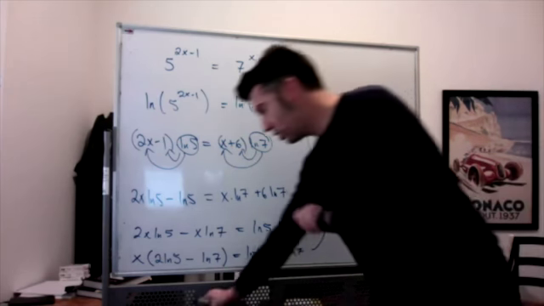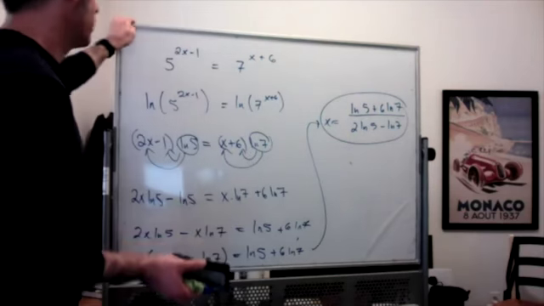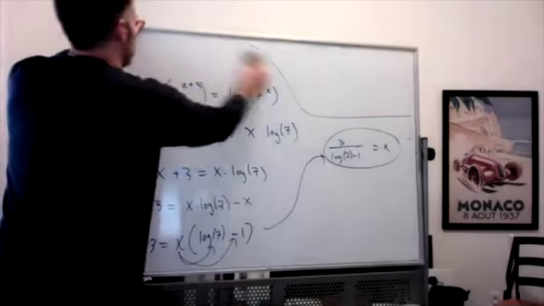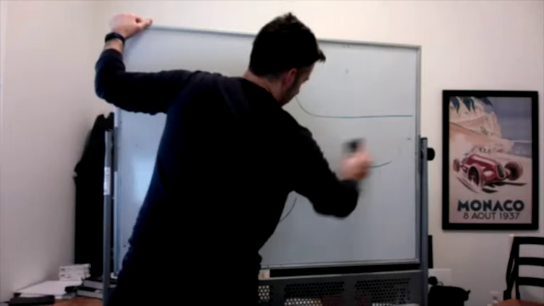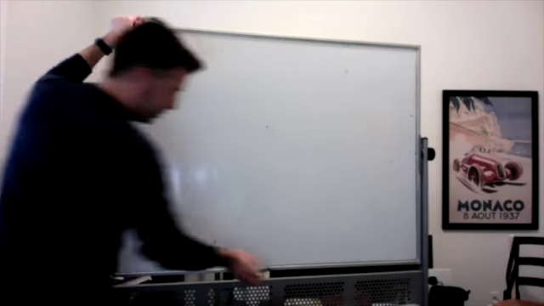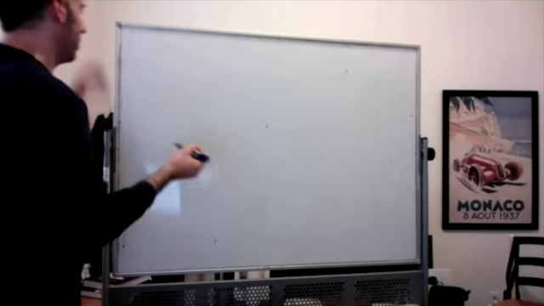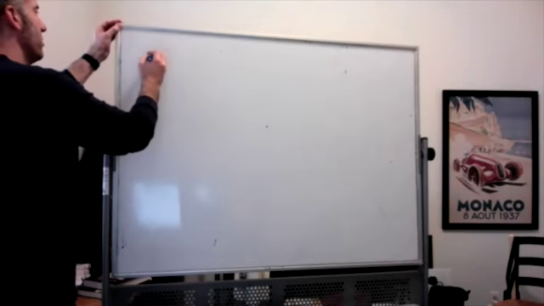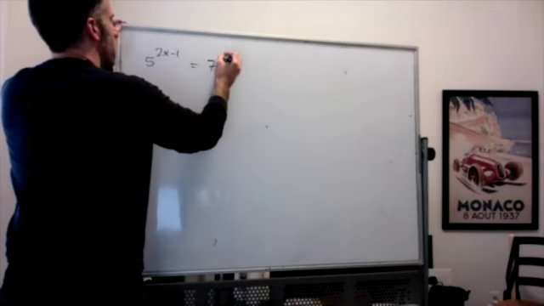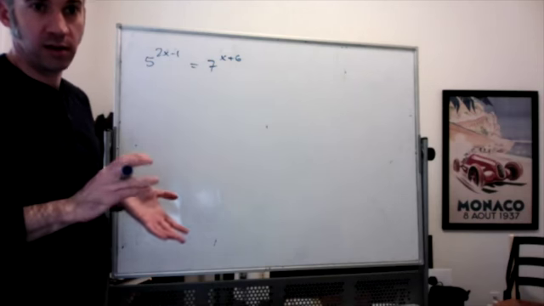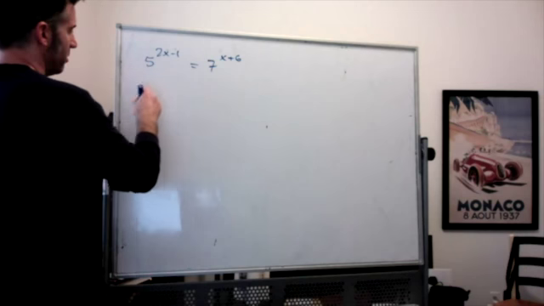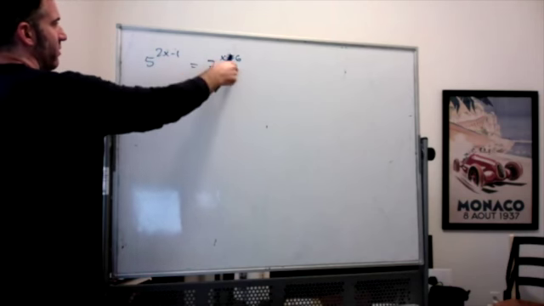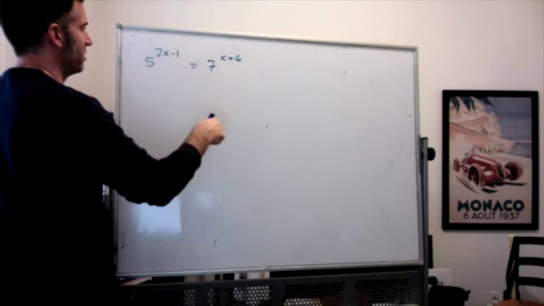Alternatively, you could solve this one a slightly different way. Let me write it on the other side. I will say with these log problems especially, there's usually multiple avenues to get to the right answer. But if we had that same question, 5 to the 2x minus 1 equal to 7 to the x plus 6, you could rewrite it as a logarithmic equation with whatever base you want. So all of this is equal to 7 to the x plus 6. So I could say that,